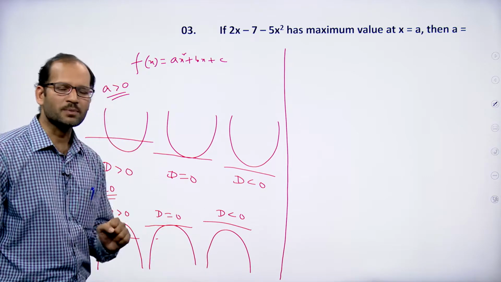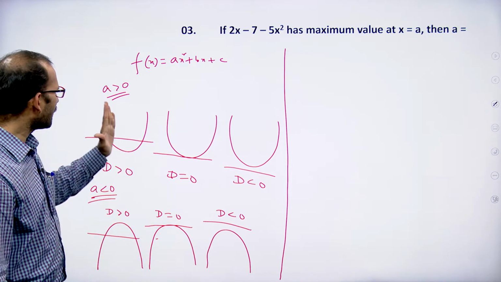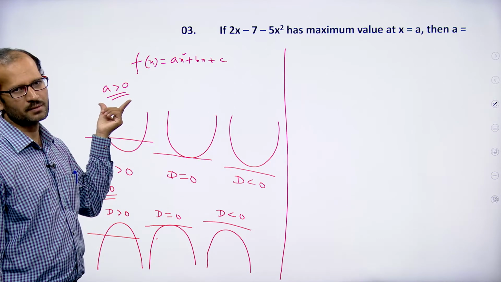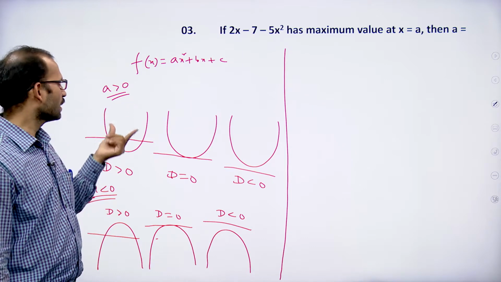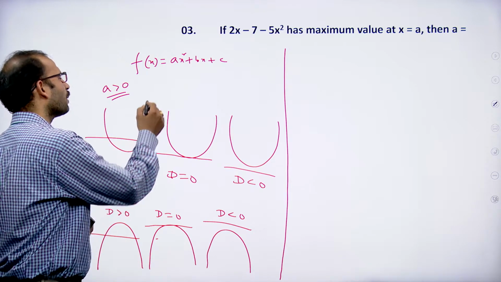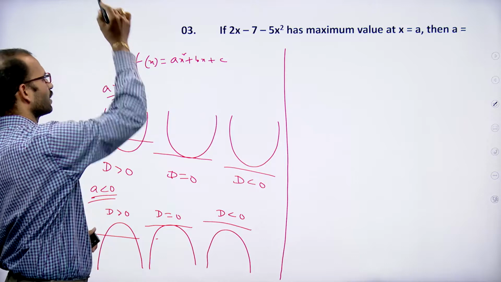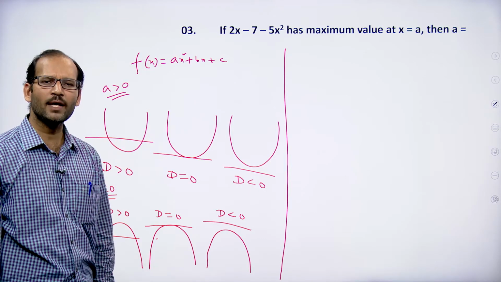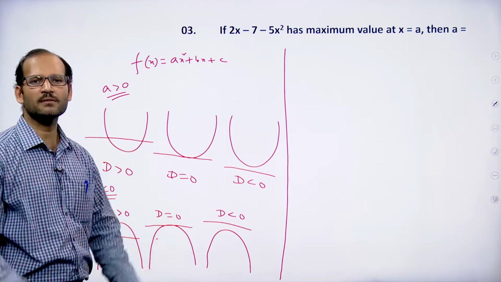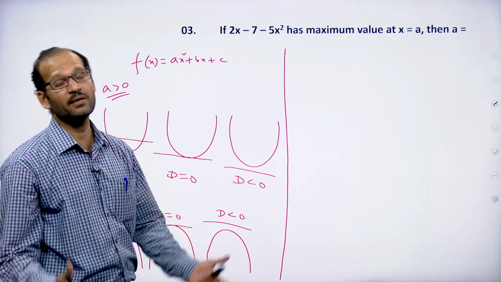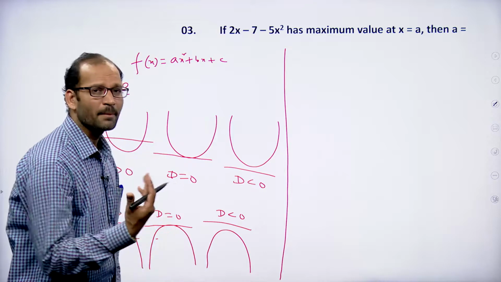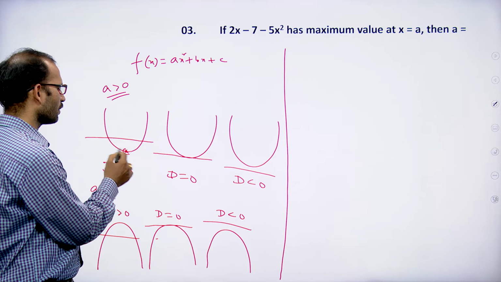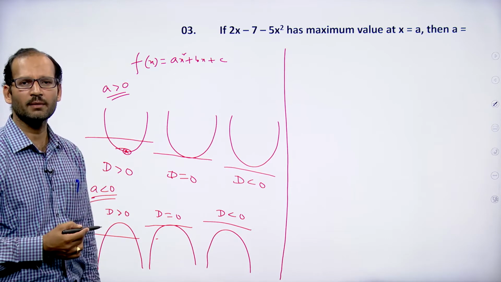Now, if you observe carefully, in these 3 cases, that means the coefficient of x square is greater than 0, the coefficient of x square is positive, the graph you can extend up to plus infinity, it will go up. So can we find the maximum value of this expression? We cannot. The maximum value of the expression is infinity. So therefore, what is the minimum value? The minimum value occurs at this point. At this point we will find the minimum value.